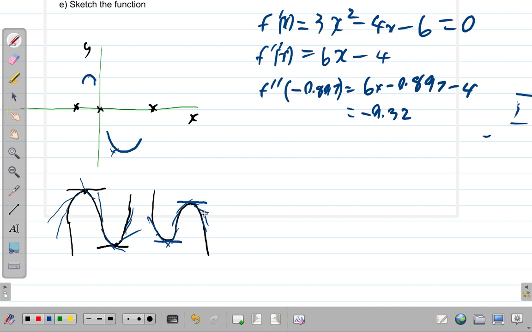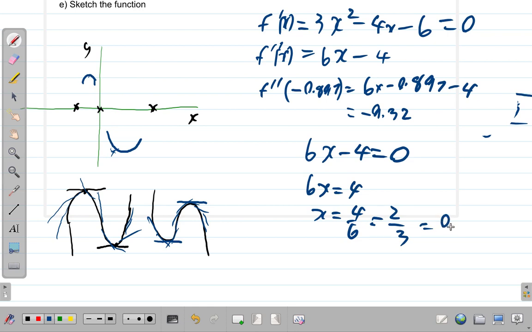Now, the second derivative tells you whether the gradient of the curve is rising or falling. The point of inflection is where the rise or the fall momentarily stops, so the rise or the fall will be 0. So at that point, we equate the second derivative to 0. 6x minus 4 equals 0. So in this case, 6x equals 4, x is equal to 4 over 6, which is 2/3,